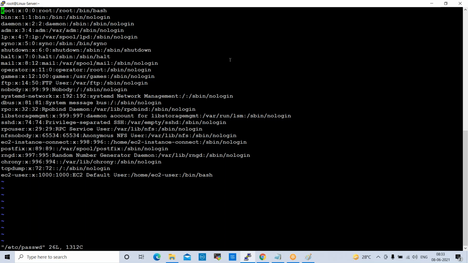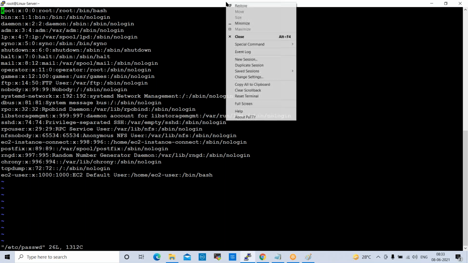Now, a few more shortcuts are available, when we move to command prompt. Font size, yeah, I'll increase the font size, don't worry about it.